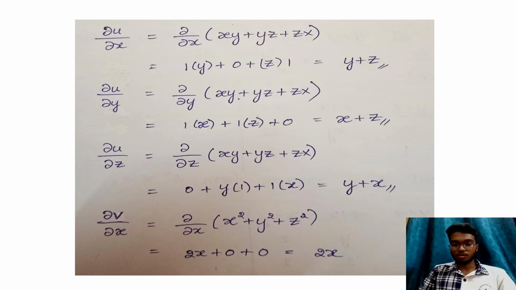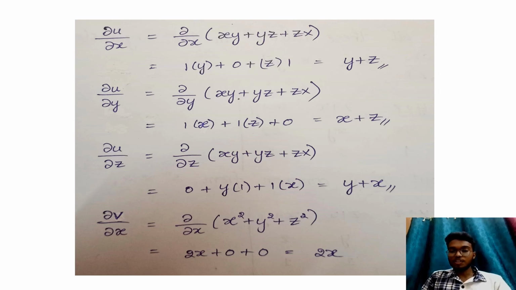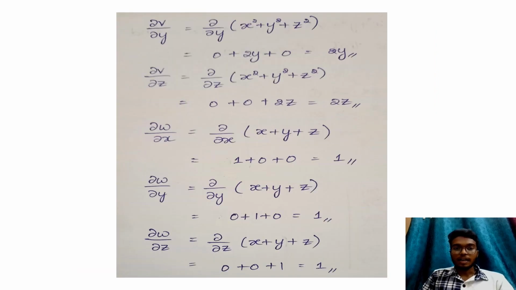and then in the same way we solve ∂v/∂x also. Now we consider the v equation, ∂/∂x, that is partial differentiation with respect to x of the v equation. So here we get x square differentiation is 2x, and next ∂v/∂y, ∂/∂y with respect to y of the second equation, that is v. So here we get 2y, in the same way 2z,